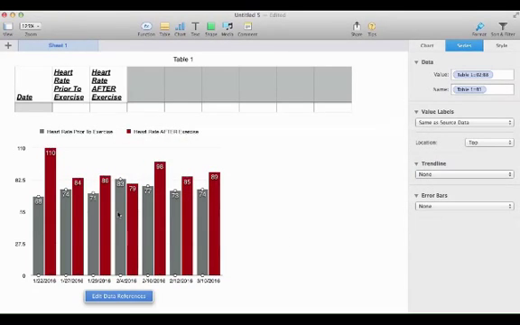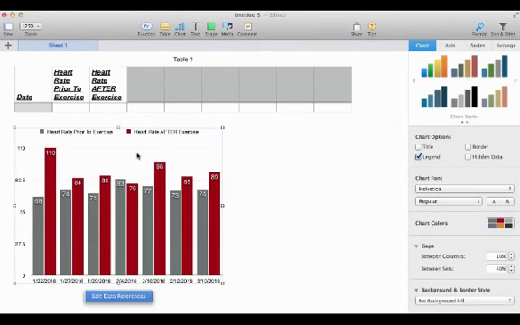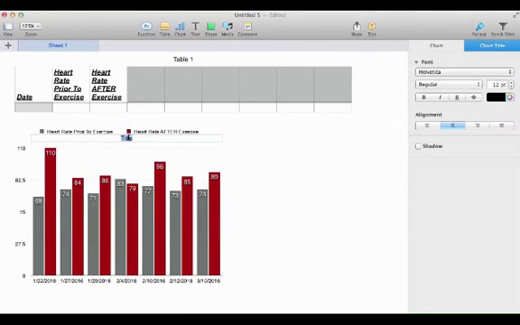So where's our chart title? Let's try clicking on our chart. Let's go looking over here at our choices. How could we get a chart title? Here we go, title. It only wrote title, so I guess we're going to have to double click and put the title on it. Heart rate